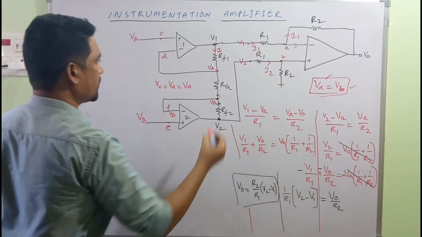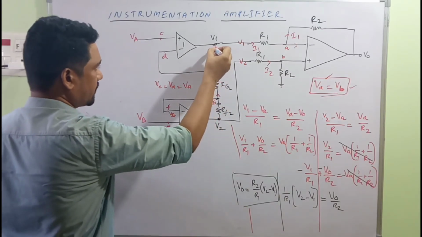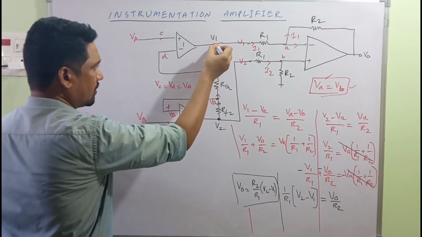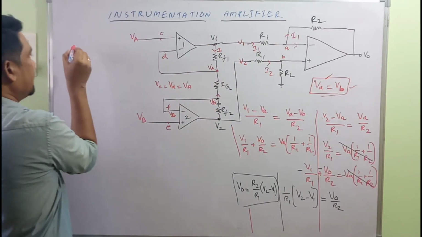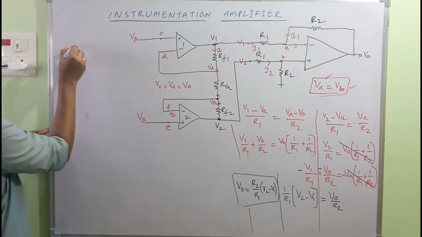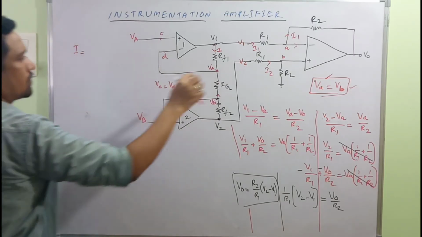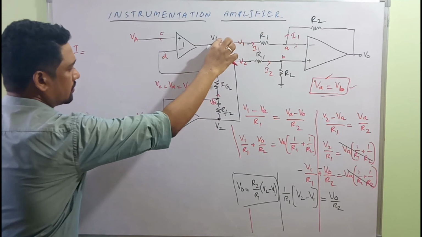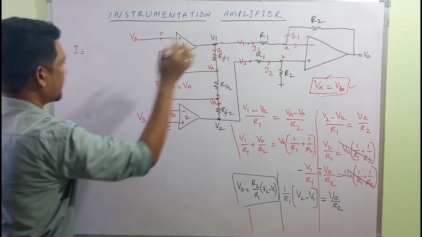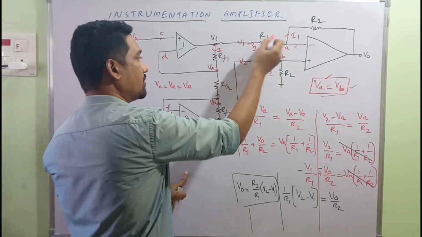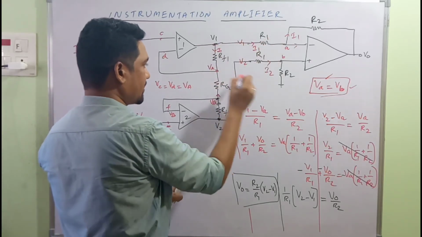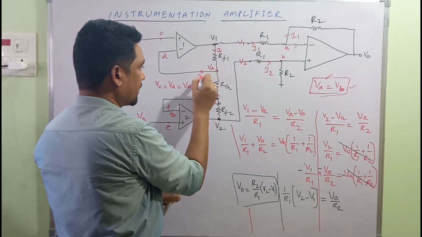And how can we write the expression for I from this point? The same I from this point V1 to this one. So that could be I equal to, please make a note, I is equal to V1 minus V2 by the total resistance. You may have a question: something is flowing to that side, another current is flowing through this side, but no current through this one. We don't have any current.